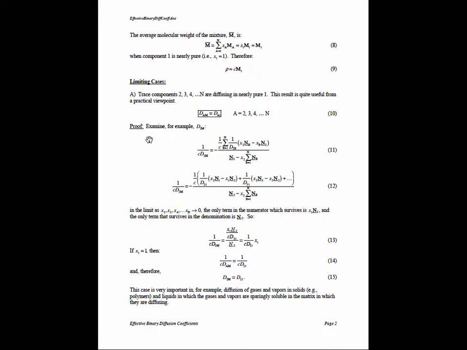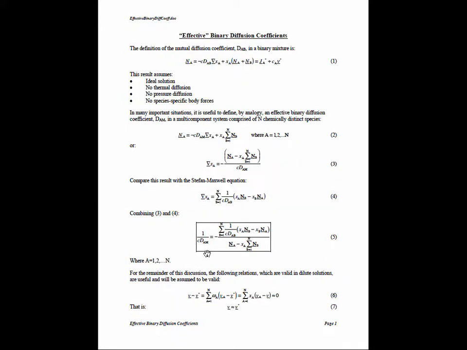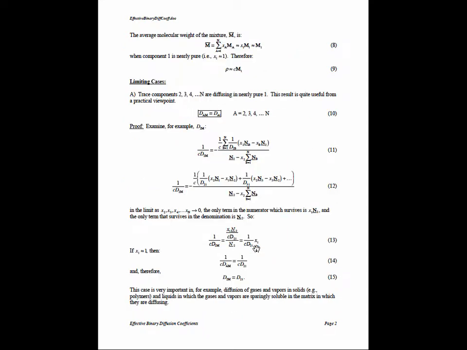And the proof of that is to write the effective binary diffusion coefficient as we've derived it back in equation 5, to write that expression, and then to start writing out the terms in the numerator, and considering the limit where the mole fractions of all of the components except